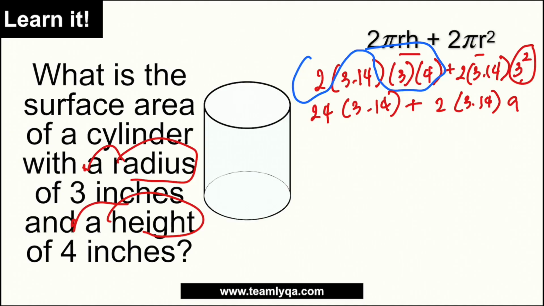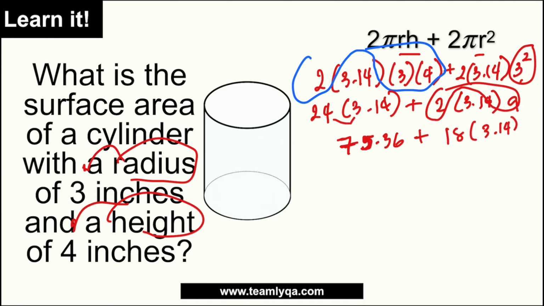So 24 muna times 3.14. So that should give you about 75.36. I'm just going to solve it faster like this ha, kasi it won't do you any good naman na i-multiply ko pang mano-mano. Basically, multiply ko lang yan ha. Tapos plus, and then again, pagsasamahin ko na lang ito muna, 9 times 2, which is 18, times 3.14, and then I'm going to solve for that as well. So 18 times 3.14,